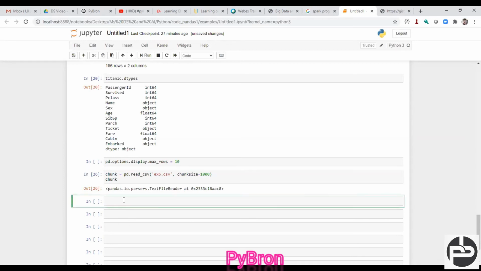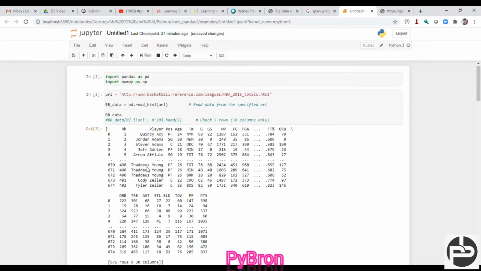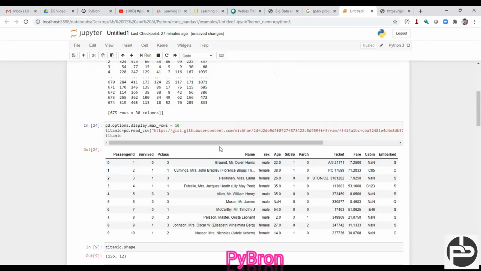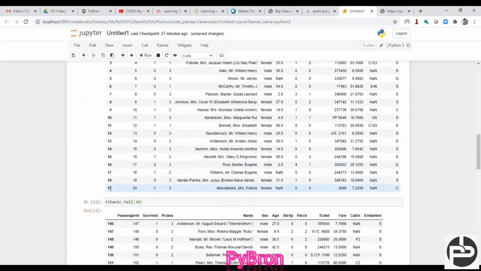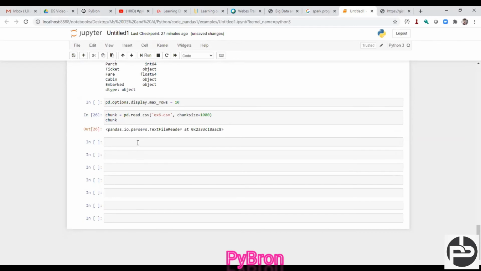Suppose you took data from the cloud, like from HTML, this Titanic data, but it is not stored in our local system. Suppose you want to store this data, so there is a method: Titanic dot to_csv, and here you write Titanic dot csv.